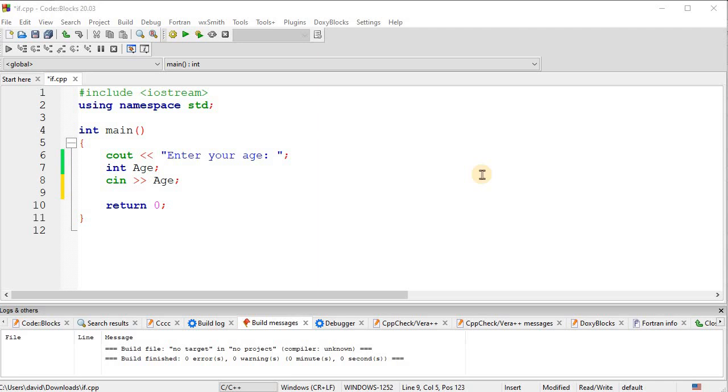This is an introduction to using the if statement in C++. An if statement gives us a branch in a program to allow us to do certain things if a condition is true. So just for example, here is a program that asks the user to enter their age, and then